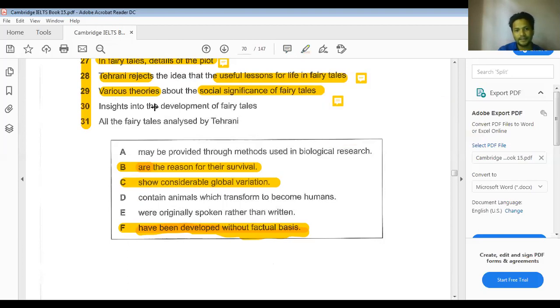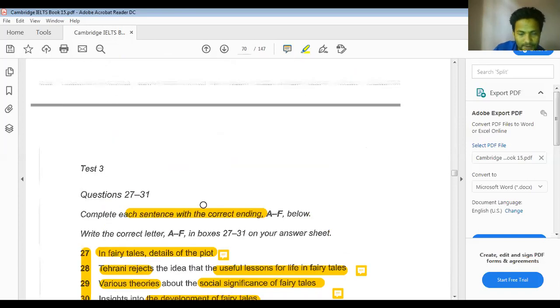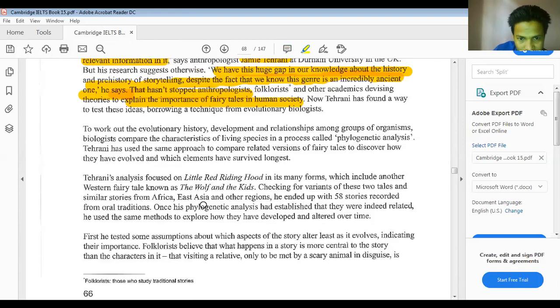Let's see, insights into the development of fairy tales. Okay, the main objective: insights means development of fairy tales. Let's find the word development. There is no development here. To work out the evolutionary history, development. Okay, we got the word development and relationship among the group of organisms. Biologists compare the characteristics of living species in a process called